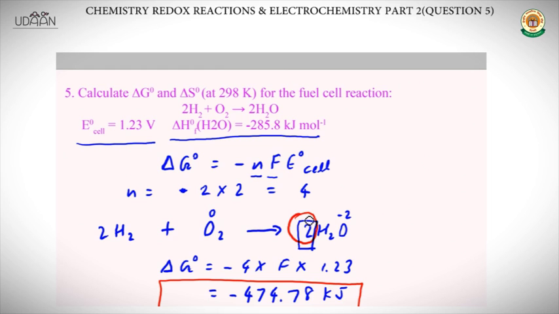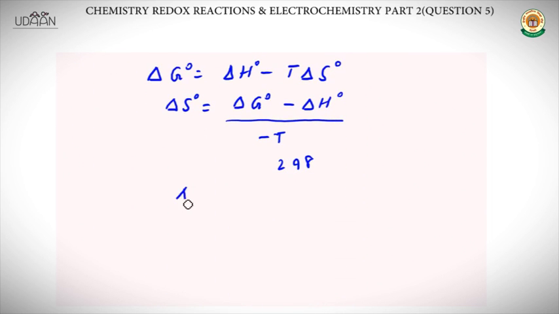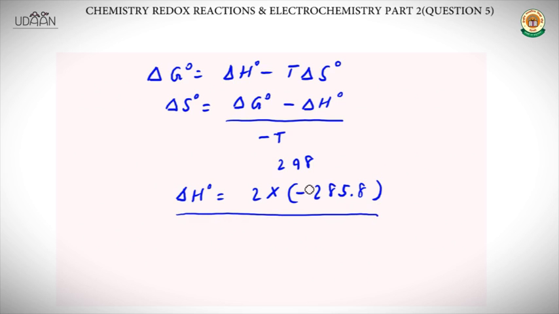Delta H is only for the single mole. Hence, the value of delta H naught would be twice of that, that is 2 into minus 285.8. So now we have the value of delta H, T, and we have just calculated the value of